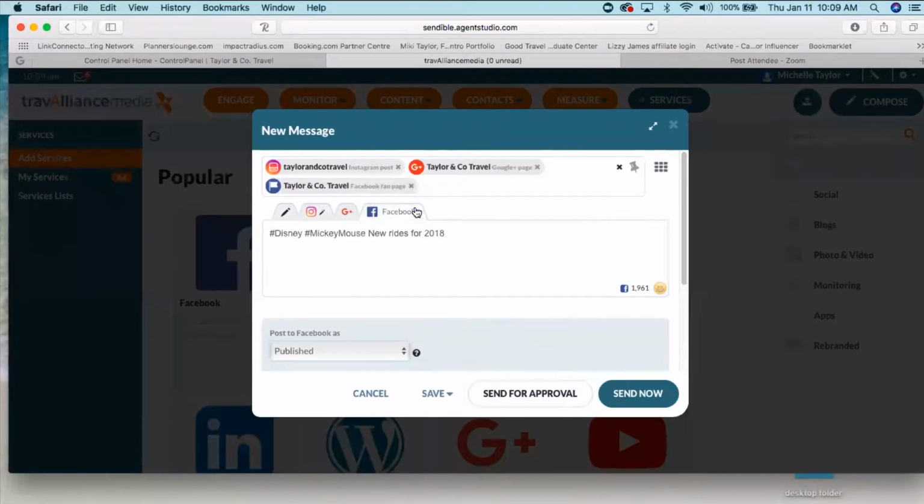Now with Facebook, we have more space. You might want to go into more detail. You might want to grab a section of the destination from your website for the destination search and put a little bit more information about that in the Facebook post. But it doesn't make sense for you to do that in Instagram because nobody wants to read a huge bio on a post.